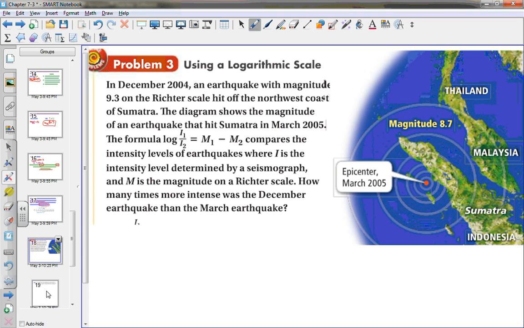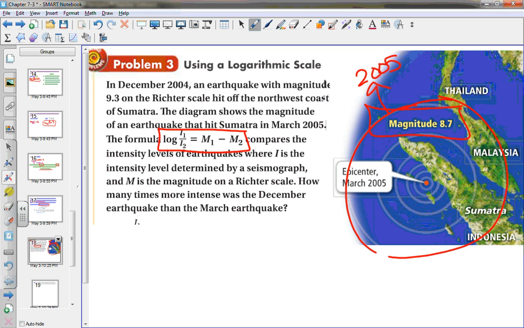Now, this diagram right here, that was in 2005. So it had a magnitude of 8.7. Do we see that? Yay or nay? That is an 8.7. That's how far it went out. And in 2004, you had a 9.3. So was that larger or smaller? My question to you is, how many times larger was that one in 2004 compared to this one in 2005, 8.7? So the formula that you're going to use to compare them is going to be the log of I sub 1 over I sub 2